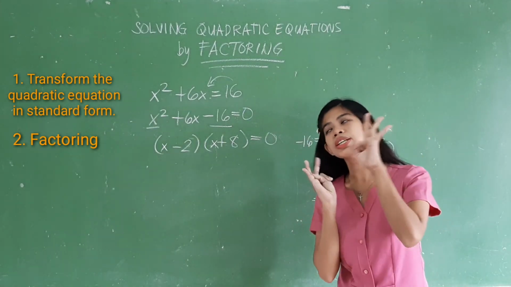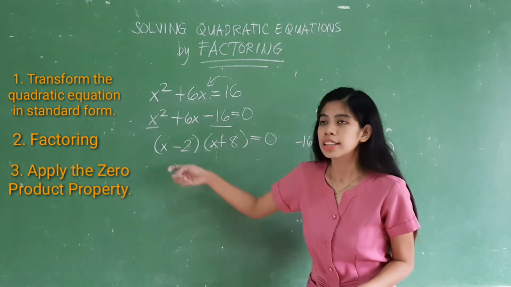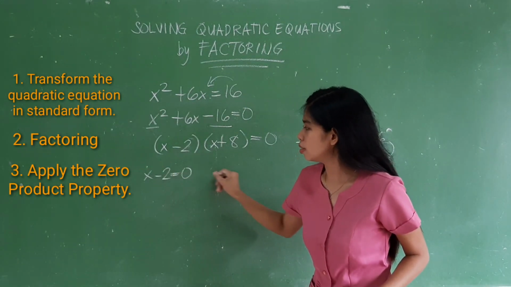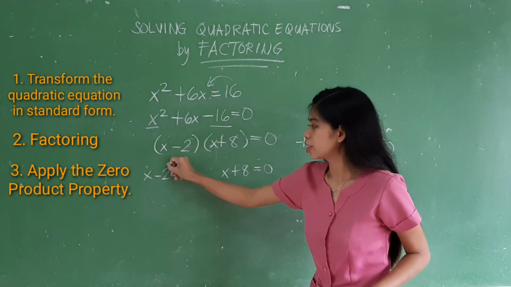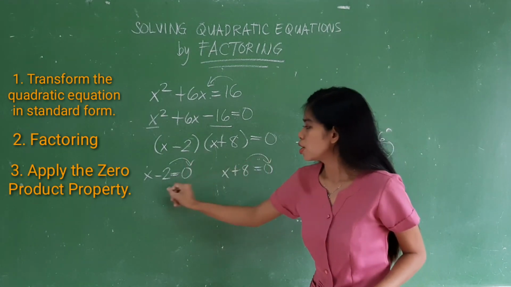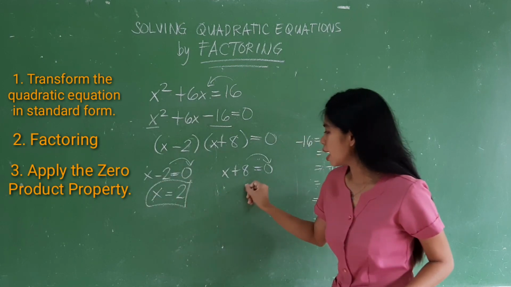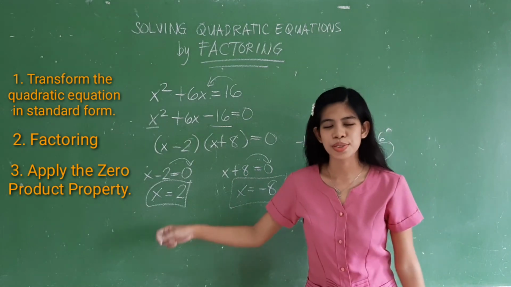Now, the third step is to apply the zero product property for us to find out the values of x. So x minus 2 equals 0 and x plus 8 equals 0. So the first value of x is positive 2 and the second value of x is negative 8. So these are now